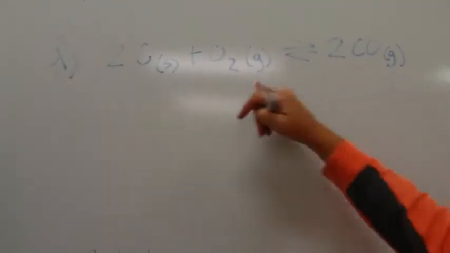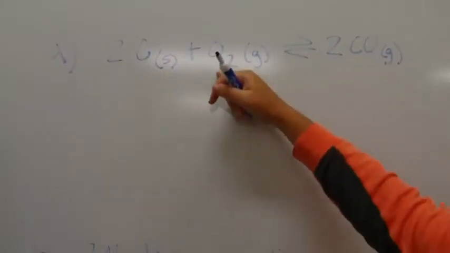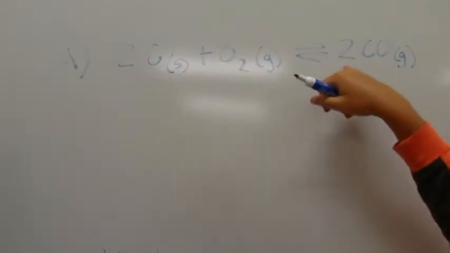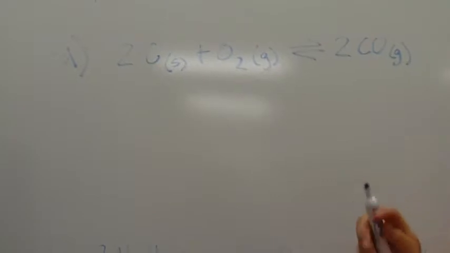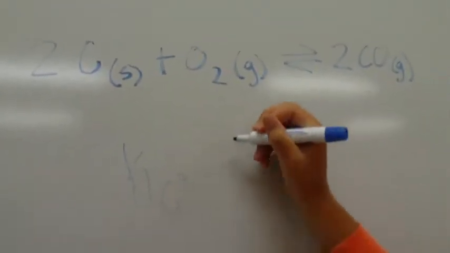And so because of that, we can discount or not include the solids in our equilibrium law. So this is going to be really easy. We're just going to be looking at the gases here. That is our important thing. And like always, it's going to be products over reactants raised to the coefficient. So for this one, part A, Kc is going to be just